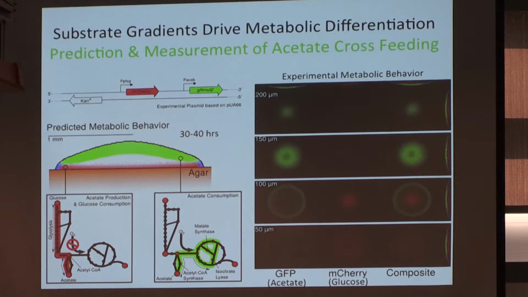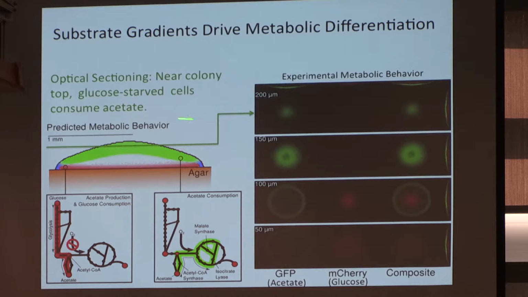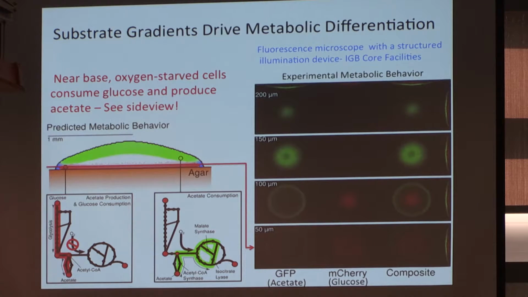And what we do is then we go over and use the core facilities at IGB, and they have a microscope with structured illumination add-on to it, and we can look through and do a slice at 20 microns above the agar surface, and we should see in that case only the reporting from our GFP, and no red should be there. And if we get close to the agar, I hope you can see it, the green is just